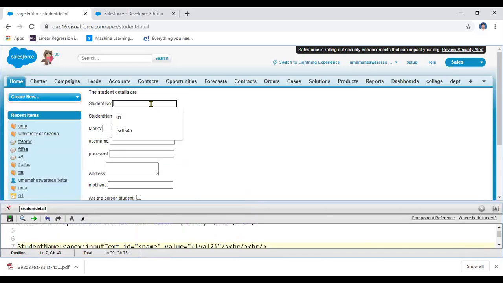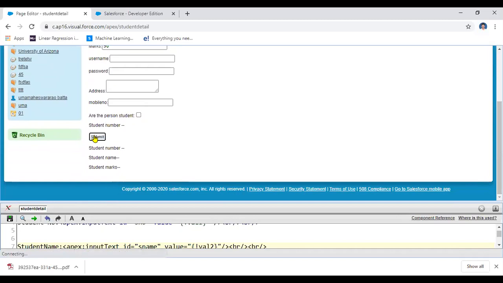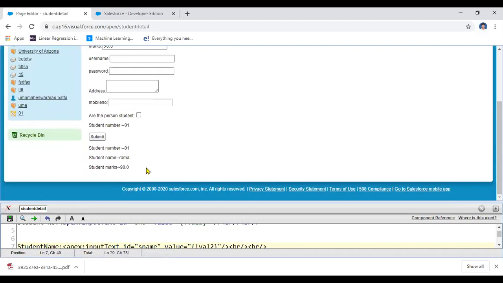Here, student number 01, student name, for example, Rama, student marks 90. Let us think, if you submit this one, it will display the value like this. In this way, you will implement the web application for the student detail. I think everyone is clear.